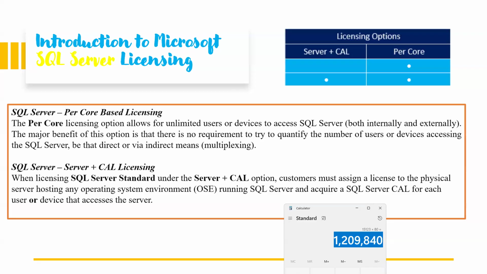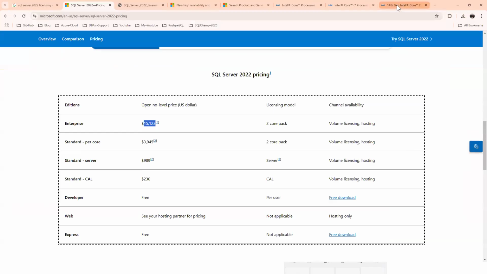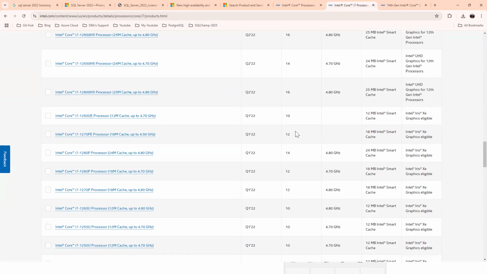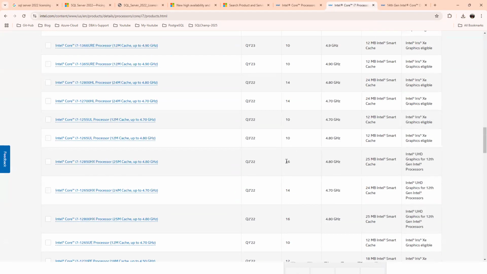So what is the major advantage if you go for core-based license? Unlimited users, unlimited devices can connect to the SQL server, either internally or externally. Now, for example, you build your VM with more cores, say 12 or 16 cores. Now see,